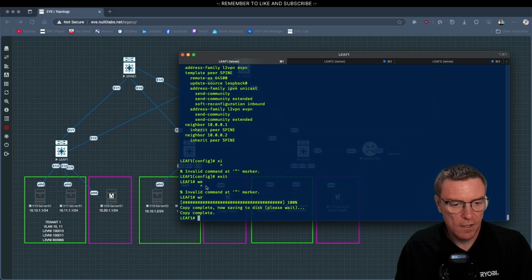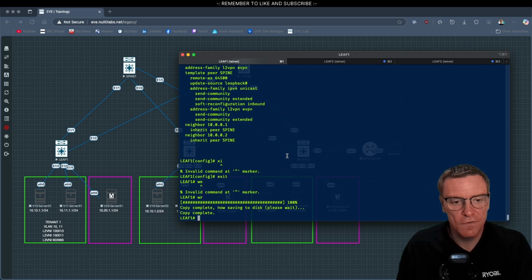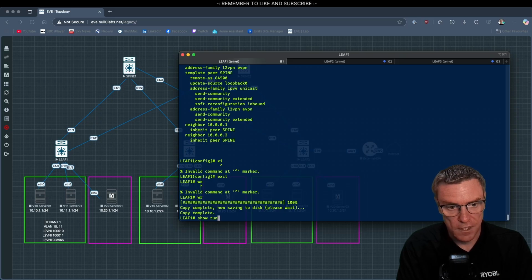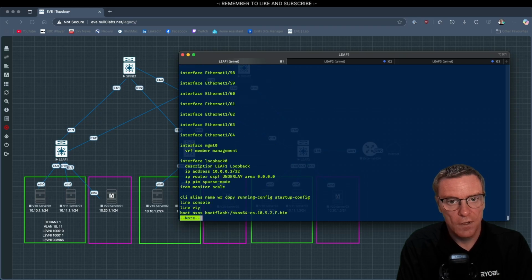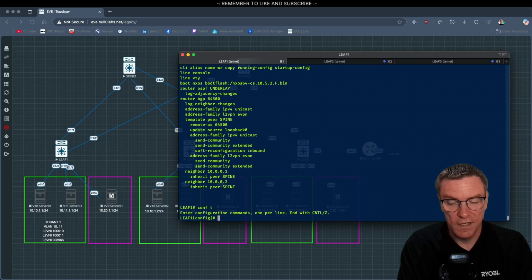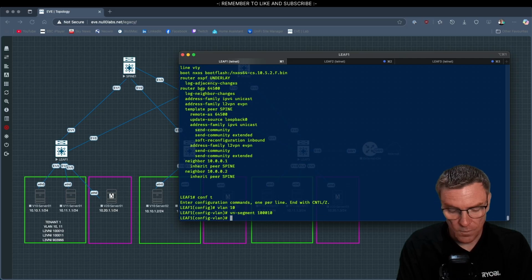All right, let me close off spine 1 and spine 2 because I just misconfigured and configured the L2 VNI on the spines, which I don't want to do. We want to do that on the leaves. So we are on leaf 1, and now we're going to create our VNIs. So we're going to start with VLAN 10. We're going to give it a VN segment number of